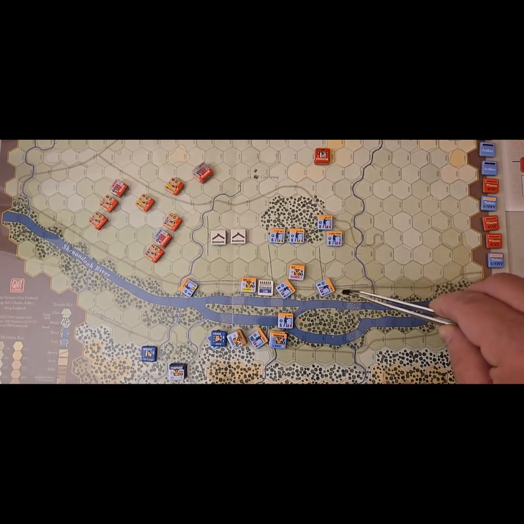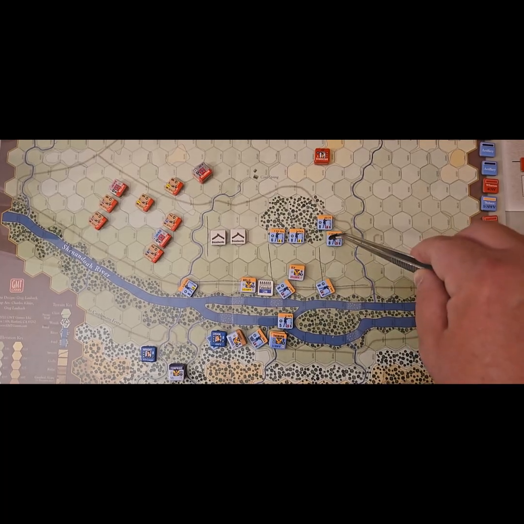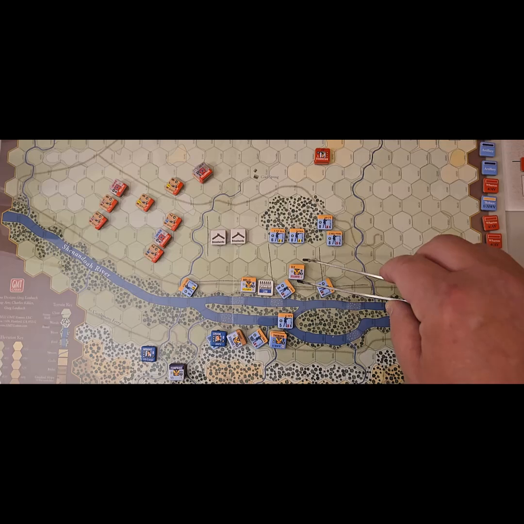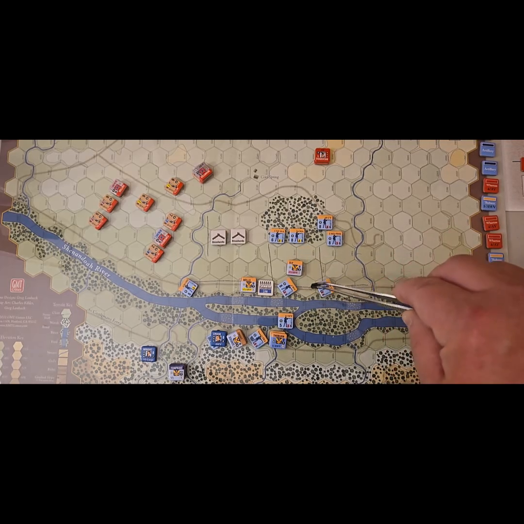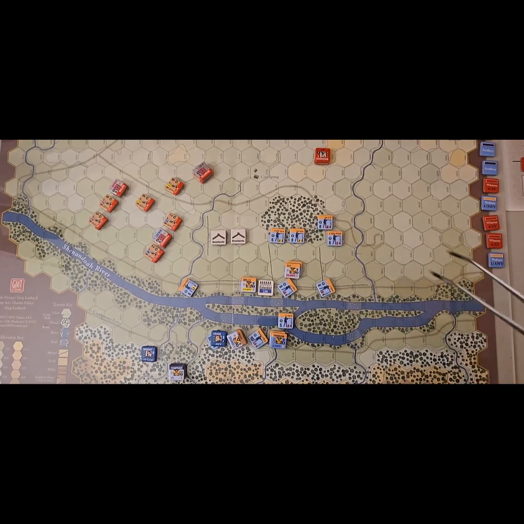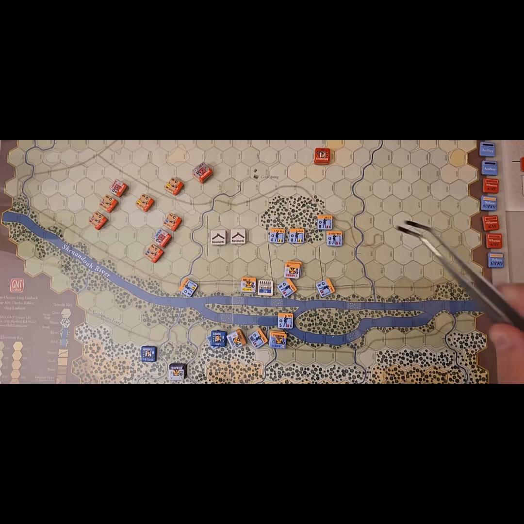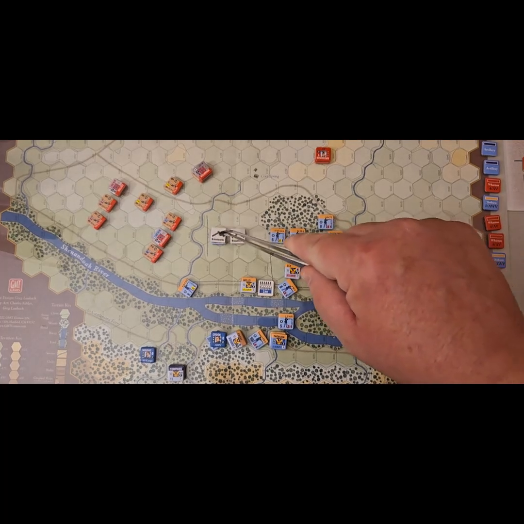And I want to get the 1st West Virginia, who has better cohesion, in here rather than trying to get up there, because it's going to cost more movement to get up there as well. And getting them and the 4th, as well as probably reserving the 12th back here, hopefully can do it. But it all depends on who wins the initiative the next turn. If the Confederates win the initiative, they'll get up here first, and it's going to be a tough situation for the Union. I did have some breastworks built here and here